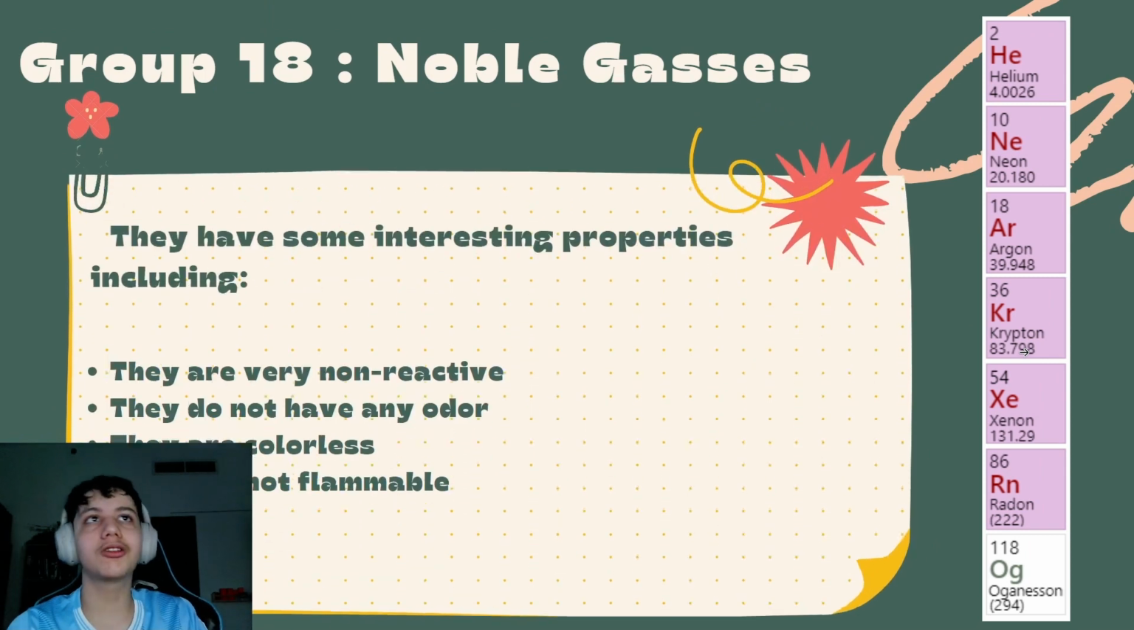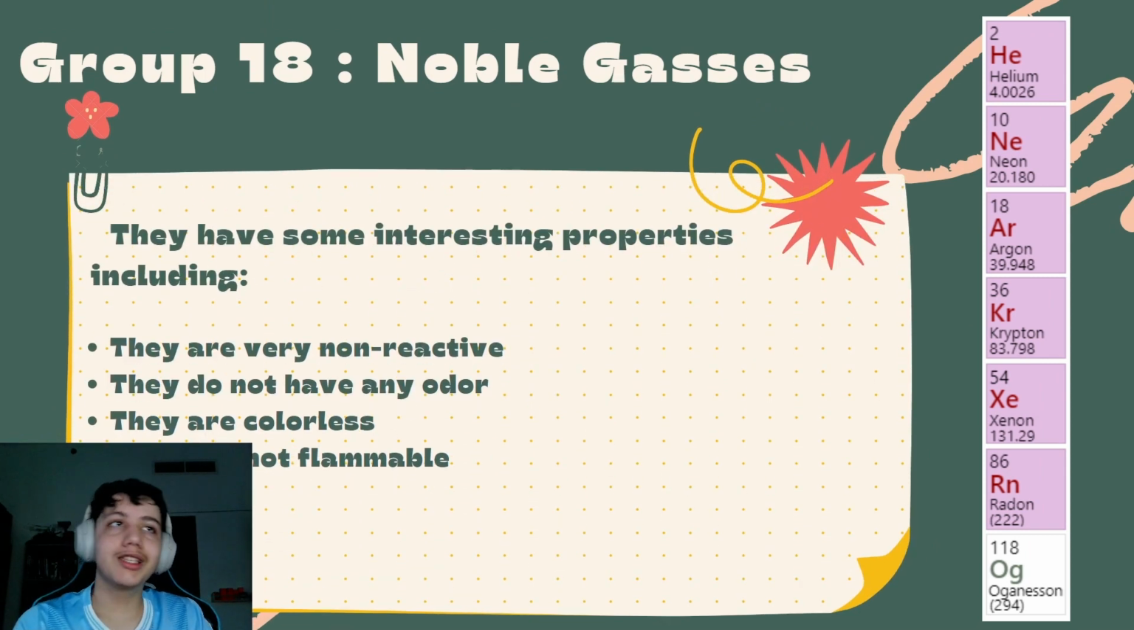Group 18 are the noble gases, and as we all know, they are very non-reactive due to their last p orbitals being filled up. They are colorless, they're not flammable, and they do not have any